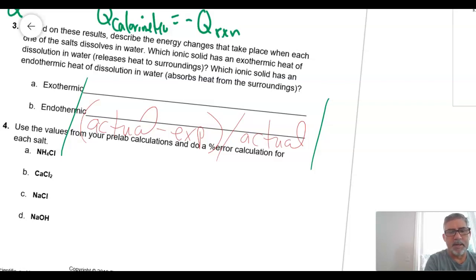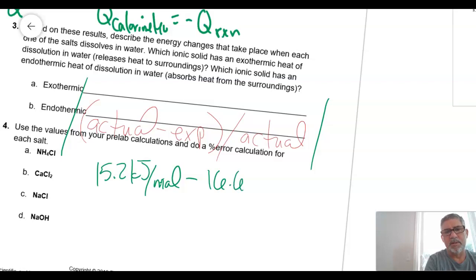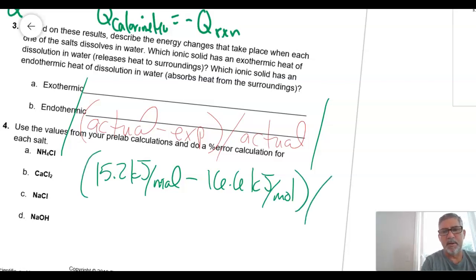For my actual, I had 15.2 kilojoules per mole, and that was from the pre-lab. I'm going to subtract my experimental, 16.6 kilojoules per mole. I'm going to divide that by my actual again, which is 15.2 kilojoules per mole. And that's going to give me